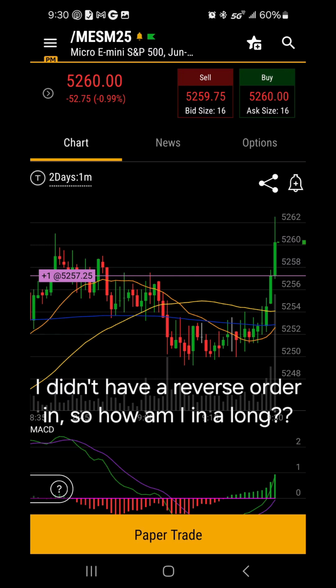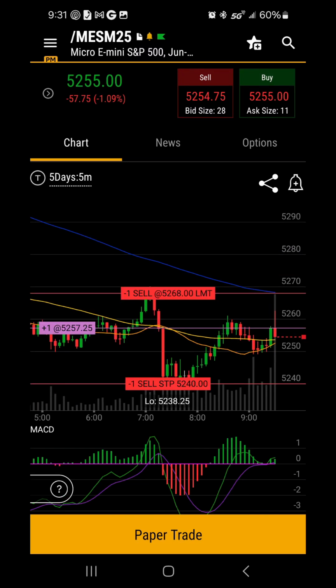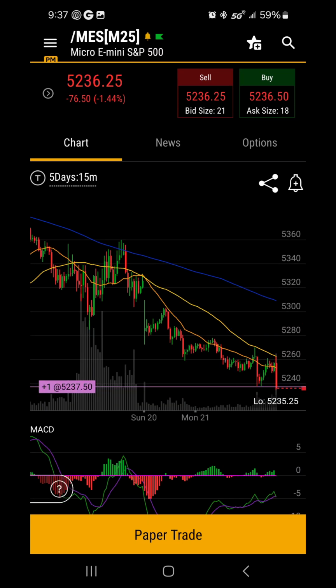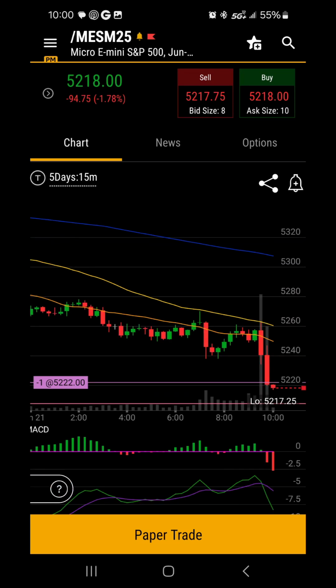I'm glad I did, because it went up, made me some money here. So anyway, I got out, put my exit order in here, and I just went with it, and my stop order in here. And I put my exit order in at that 5268 level, which is the blue SMA on the 5-minute chart here, because I thought that would be a likely place to get out and that would be a decent trade. And then it dropped some more. So I ended up losing some today